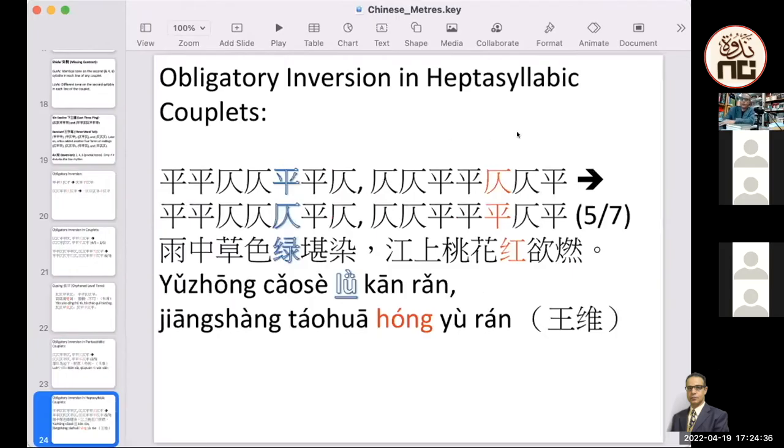This is another example in the ti and shi, the seven-character lines. Here, the fifth syllable changed from ping into tsu. So it's li, which is tsu, and here the tsu should be changed into ping, but actually it's hong, which is still ping. So he actually changed it. Hong is ping, so it's correct. So here he did it.